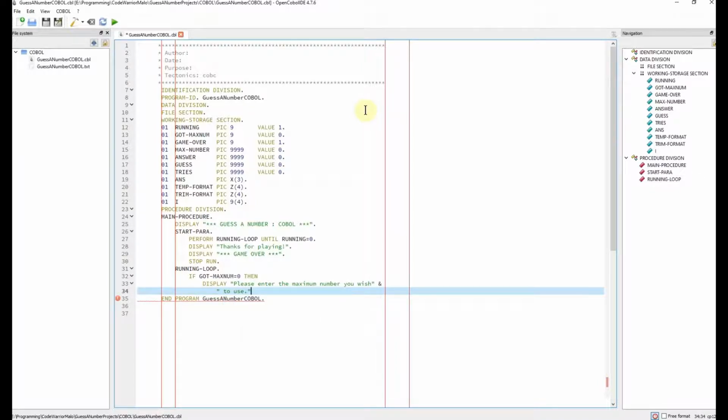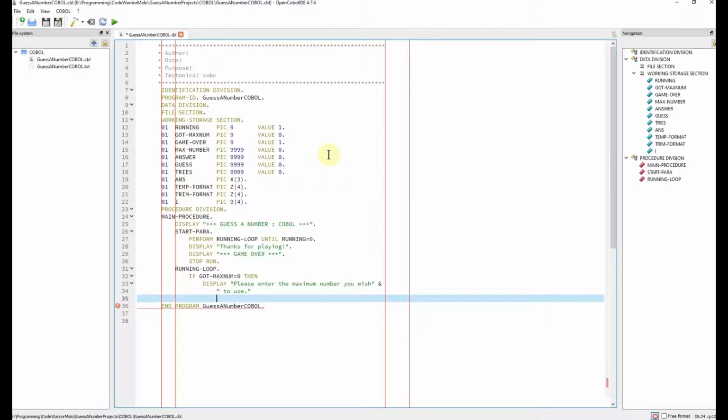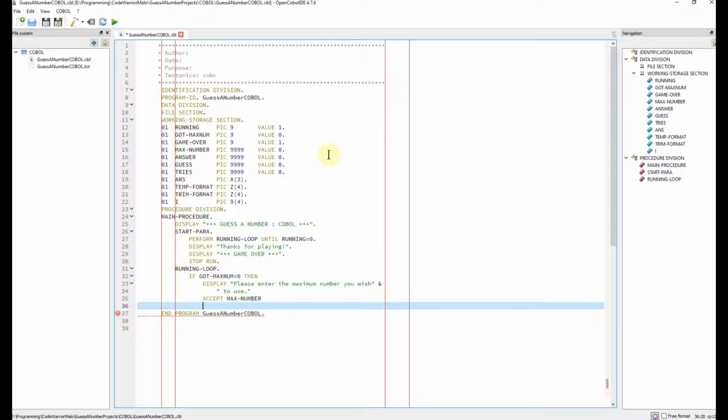Gotta wrap it around. This is an actual hard stop, this red line. You can't go past that. We will accept max number. We will move